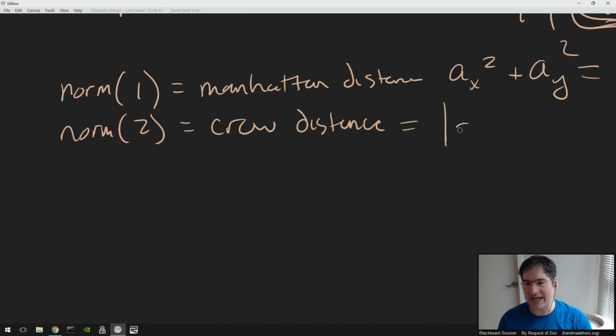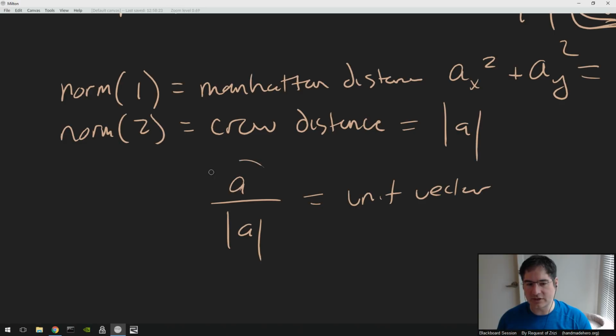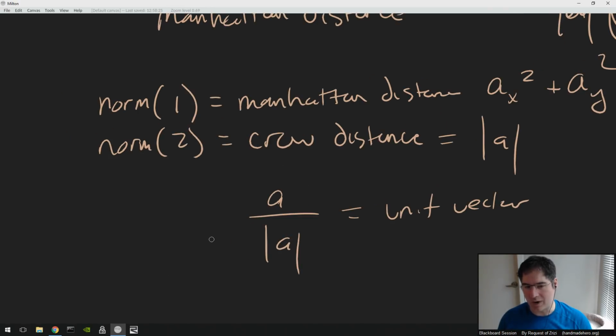If we take the length of the vector, we can always divide the vector by that value and get a unit vector, right? We know this, we do it all the time. Why does that work? Because this has a length of whatever the length is, right? This has a length of the length of A. This is the length of A. If I divide something with a length of A by the length of A, I get a length of 1,